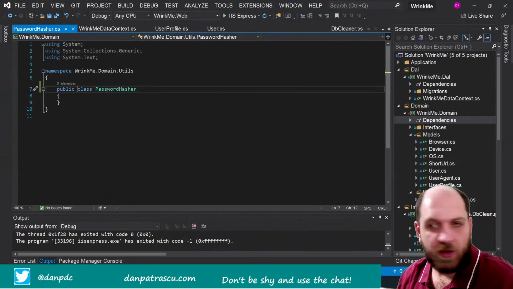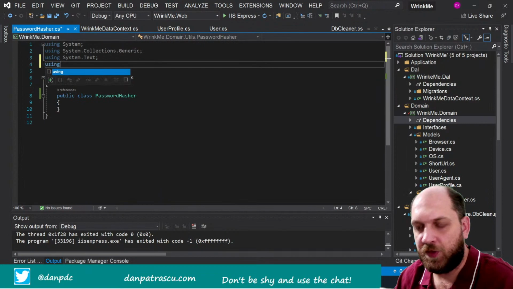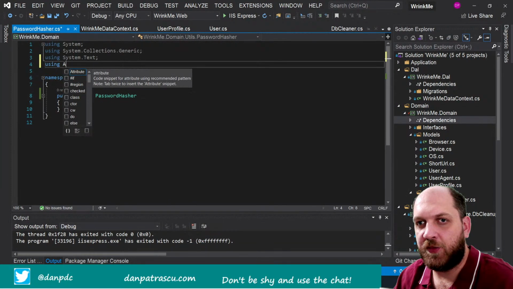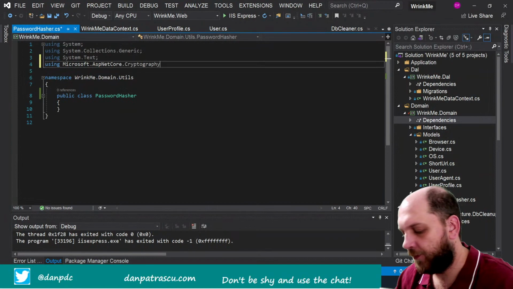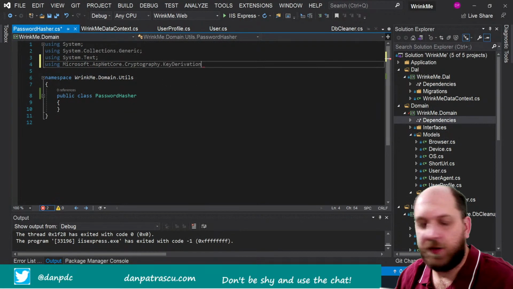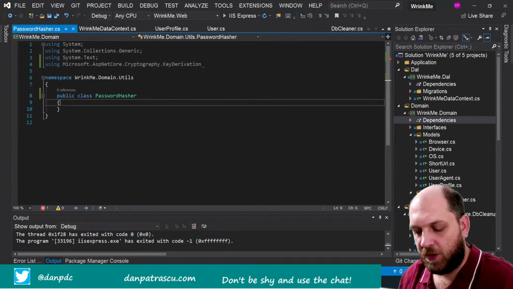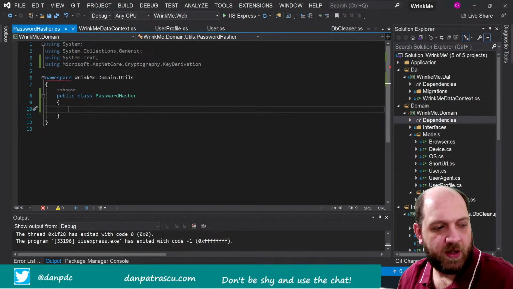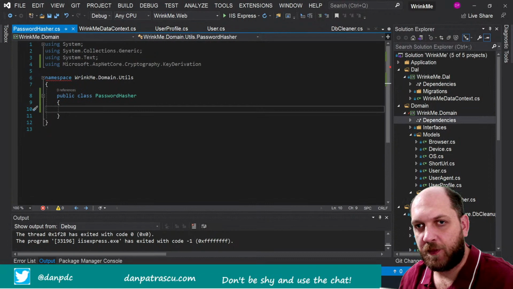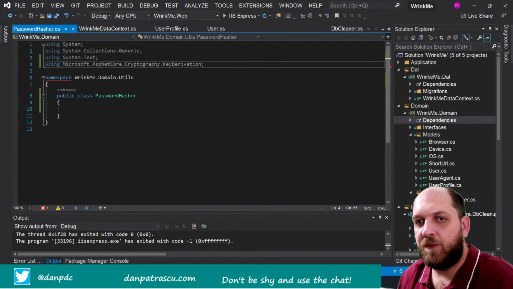Okay, so let's go back to our PasswordHasher and add using Microsoft.AspNetCore.Cryptography.KeyDerivation. So this would be the namespace that we need. And right now, let's think about this class. So the way I see it, what's the problem? Okay, I forgot the semicolon, of course. So the way I see it,